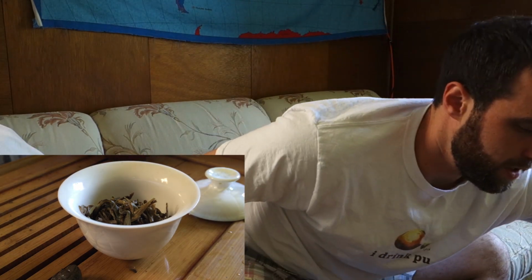And today I'm going to be drinking this little pour ball that I got from Glenn and Lamu at Crimson Lotus Tea. And you see from the footage, hopefully that's happening right now, I went through a basic process of opening up the pour ball, and then steeping it in hot water for a minute, rinsing it, steeping it again for a minute, and then just sort of trying to pry it apart with a fork because it was just taking so long. So it's pretty broken up, but it's still nice and dense in the center, and it's had